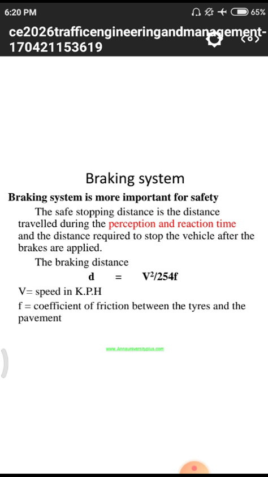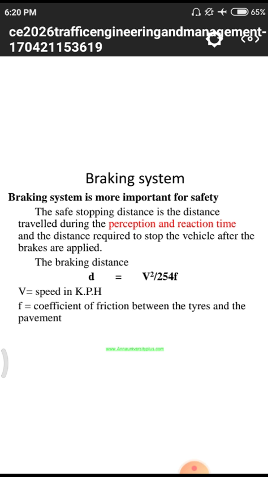We need to know the safe distance to apply a particular brake, so the total braking system is related to the stopping sight distance and perception and reaction time. Reaction time means we have to react whenever we observe a particular vehicle stopped or damaged, or any other accident occurred at a particular place. We need to react with our vision,